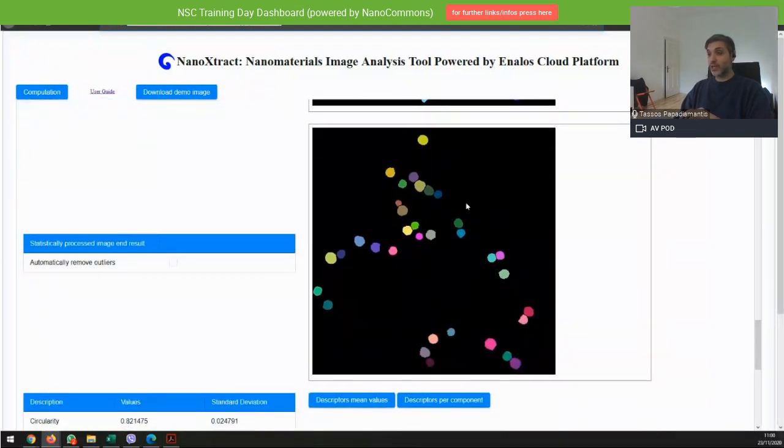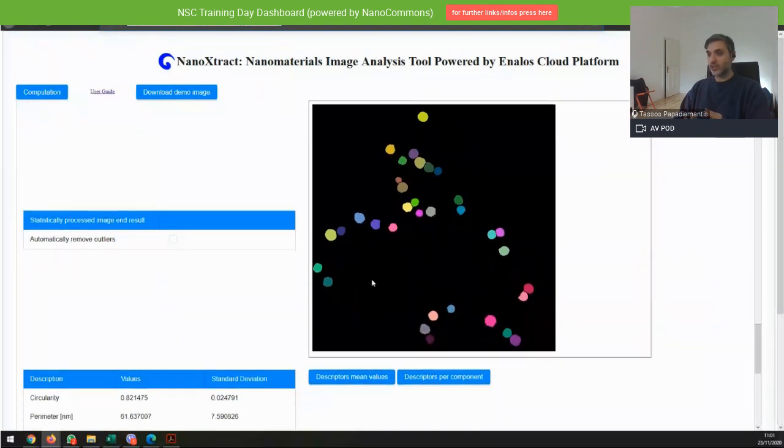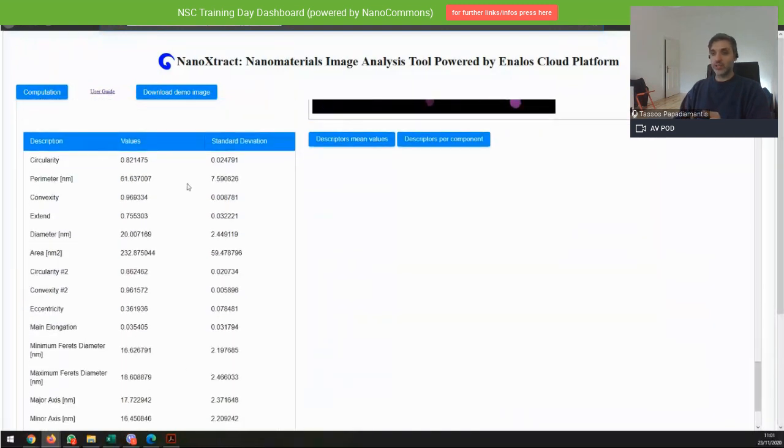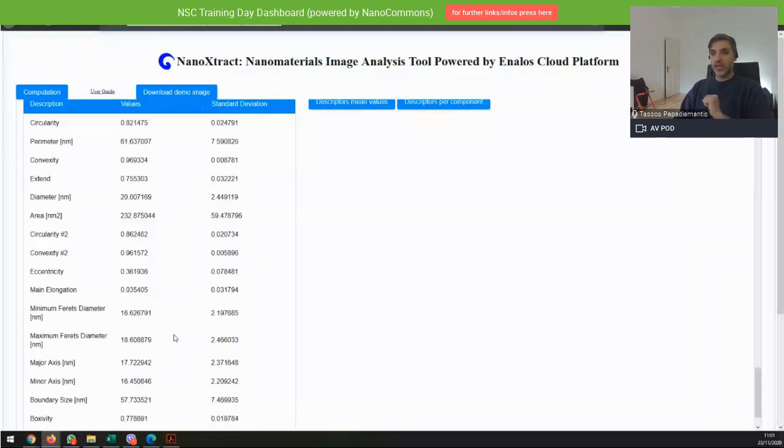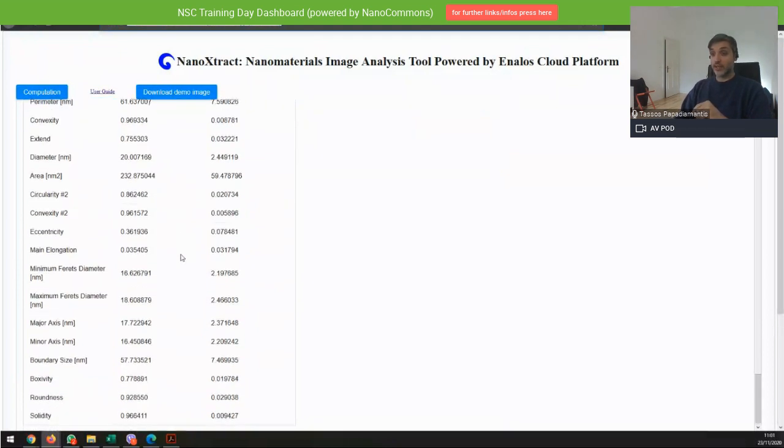And then you are left with a number of nanomaterials with a very dark background, so we cannot see any dots that may affect our results and so on. And then you get the results, in which case you get the diameter of around 20 nanometers, which is correct for this type of nanomaterials that we used, and all the other values.